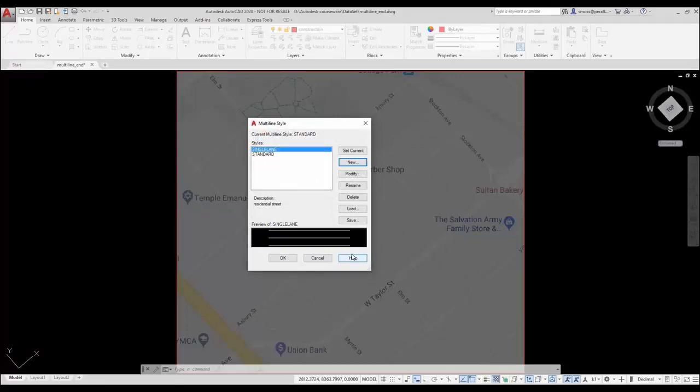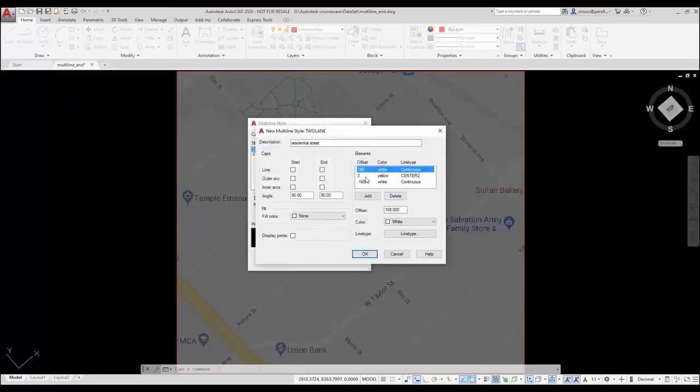I'm going to define my next multiline style. I select the New button. I name my second multiline style 2-lane. I press Continue. I select the Add button to add 2 additional lines. I modify the